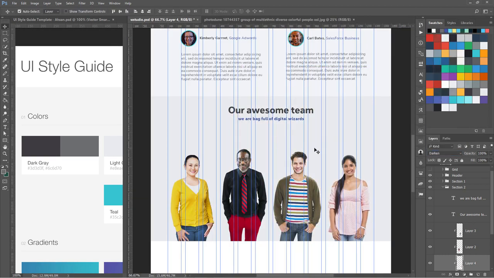Okay, now as you can see, I have used 3 columns for each image. You can see over here. You can use 4 columns if you have 3 team members, or you can use 3 columns if you want to show more than 3. Okay, so I'm avoiding the gutter. Okay, so here we have